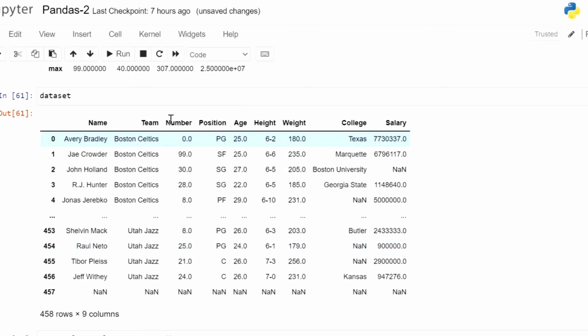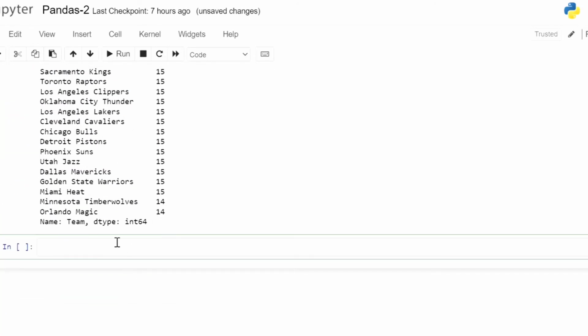What I mean is, I want to get all the rows which have Orlando Magic in the team column. So how can we achieve that? What we can do is use loc, which we studied yesterday. So we'll be using that, and what we are going to do is dataset.loc, and here we will give like this,